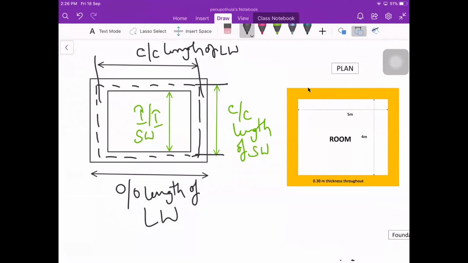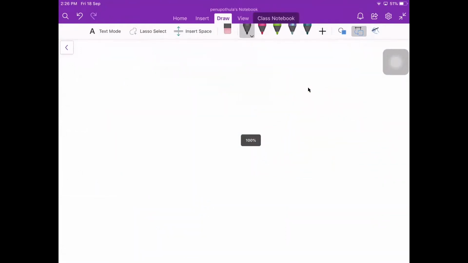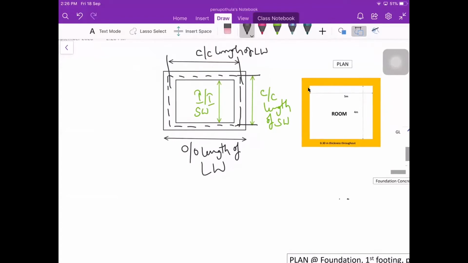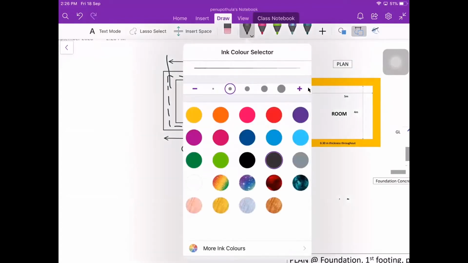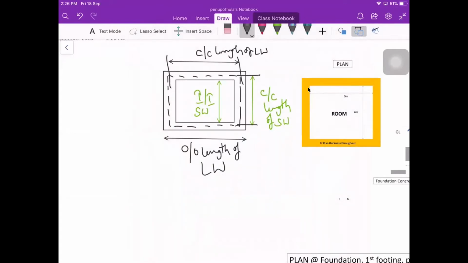Now, as you said earlier, I'll be writing the calculation part here. We have calculated the center to center line length of the long wall. How much? It is the in to in distance plus half by 2 plus half by 2, which is 5.3 meters. We need to mention the meters. Please write it down in the notebook. I'm going very slowly today because you need to understand this for the further problems.